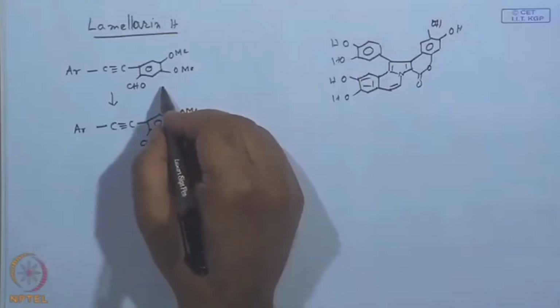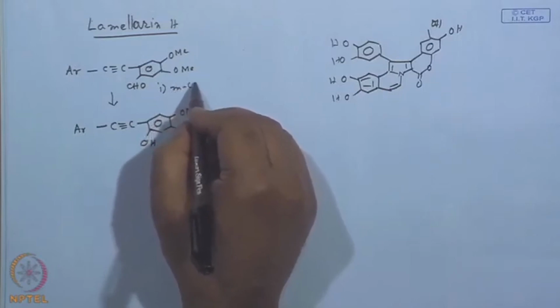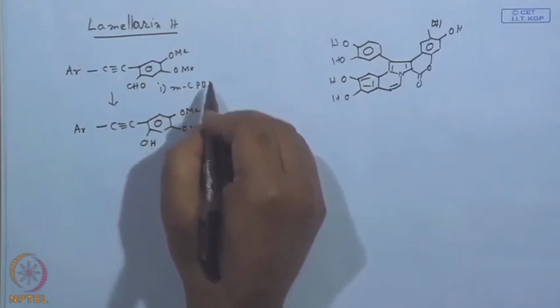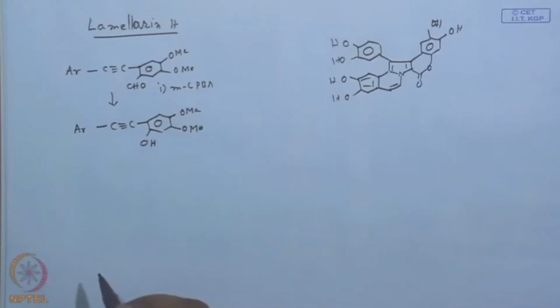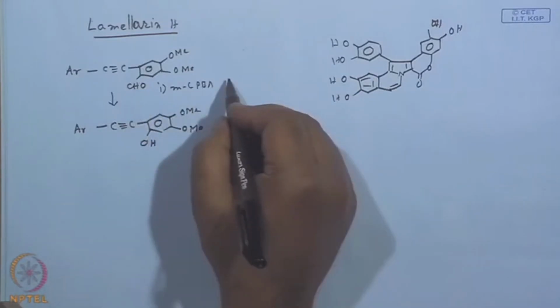Okay, let us say in this case the first one was mCPBA. What does it do? mCPBA actually converts this formyl group into formate. That means the aryl group migrates to the oxygen. So, what you will see here,